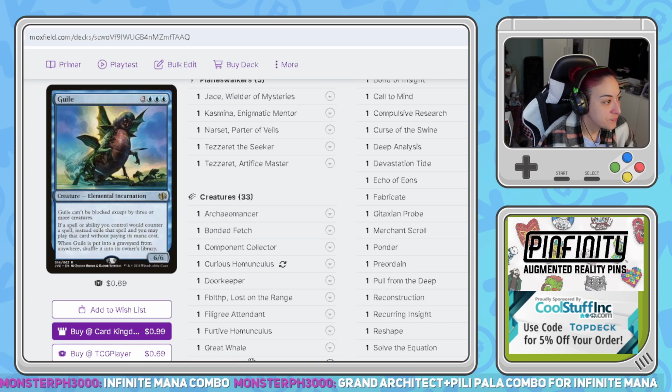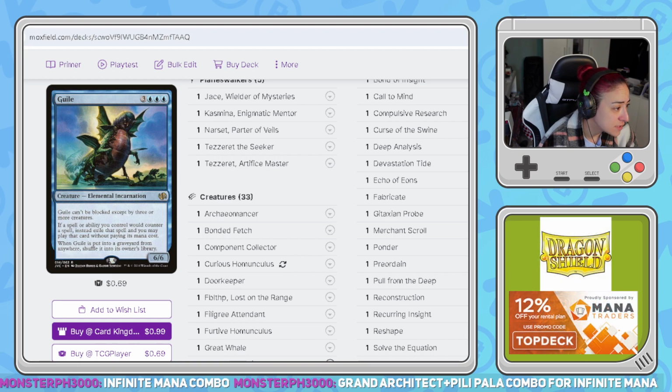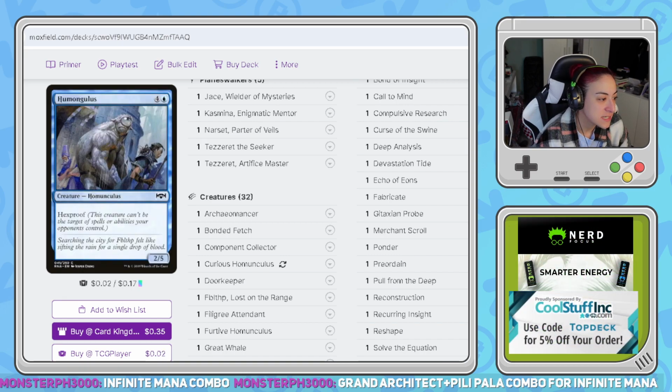Yeah, let's see. Guile, this is very expensive. Can't be blocked except by 3 or more creatures. If a spell or ability you control would counter a spell, instead exile that spell. And it shuffles into the library. It's a good bomb, but I don't know if I love it. I'm gonna put it in considering. I don't want to remove it completely because I don't want to forget that it exists, but